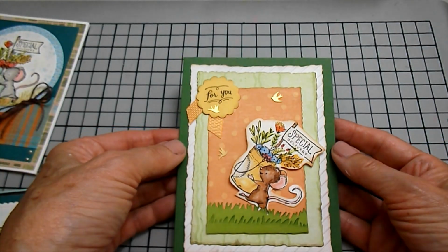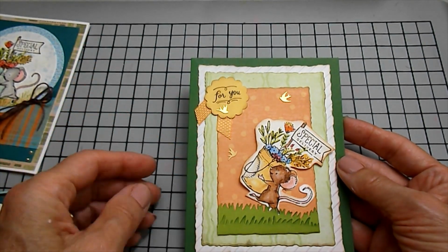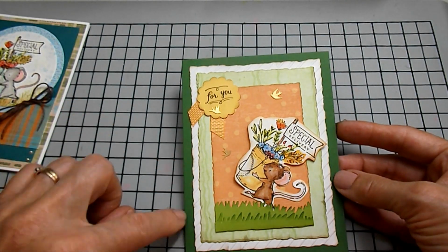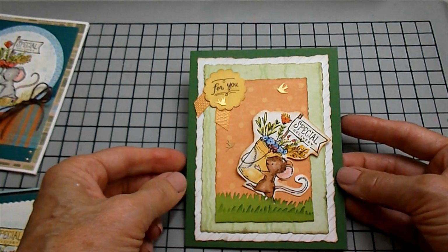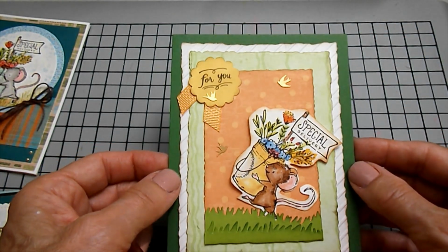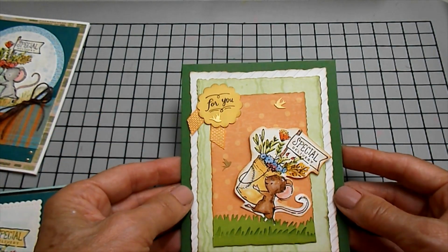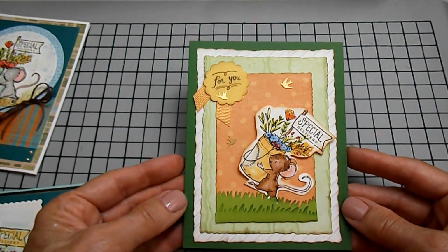Well, here's how the final card turned out. What do you think? I used deckled edge dies from Stampin' Up, and I used the green and the orange paper that I showed you. I used some white, and I embossed it in an embossing folder with some lines just to give some texture. And my friend Laura gave me these little birds from Stampin' Up, those little gold birds, and added those in. I still had some of this little scrap of ribbon that I've been using,